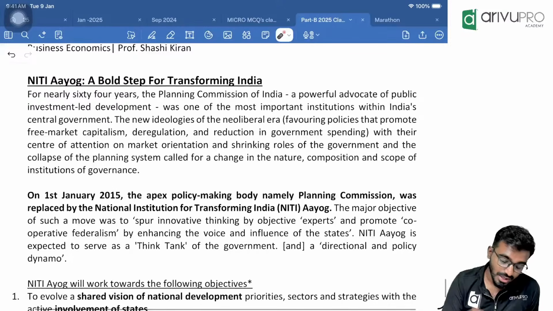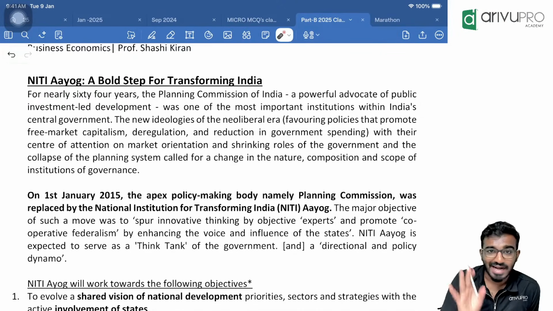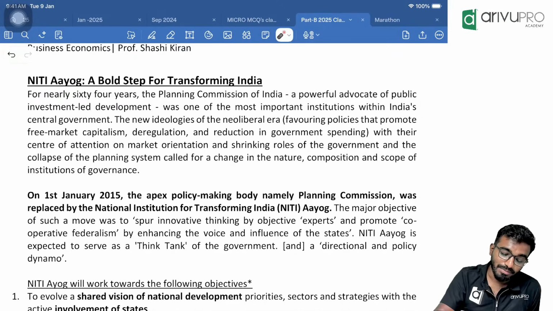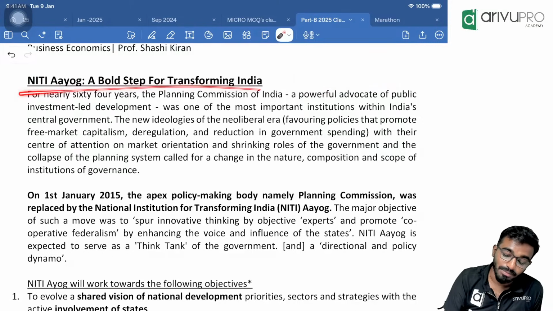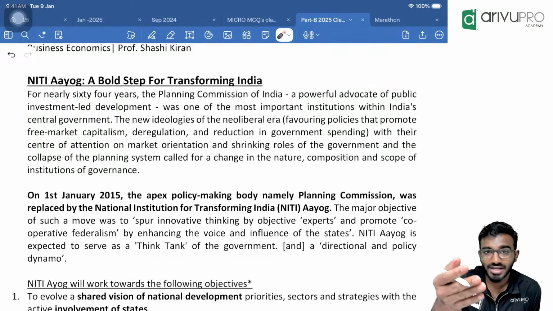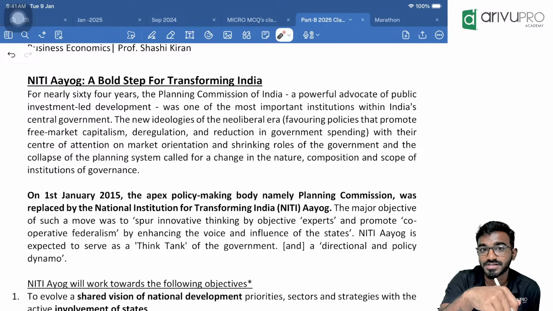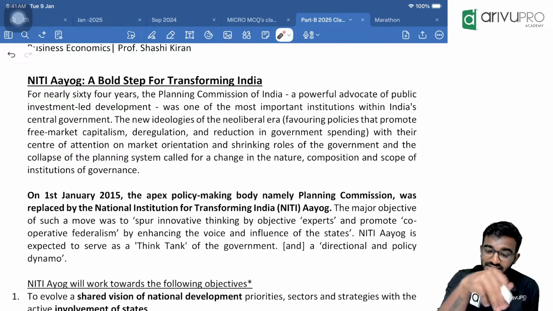And we had something called 5-year plans. We scrapped it. By scrapping the 5-year plans, we replaced it with Niti Aayog. Now, mid to long-term projection, 15 to 20 years of long-term planning, Niti Aayog replaced it. But the problem after replacing the Planning Commission is that Niti Aayog didn't get more powers. Nirmala Aunty's department got more powers, the Finance Commission, all this Finance Ministry. Niti Aayog will be just acting as a think tank.